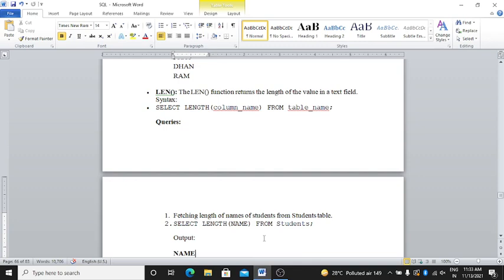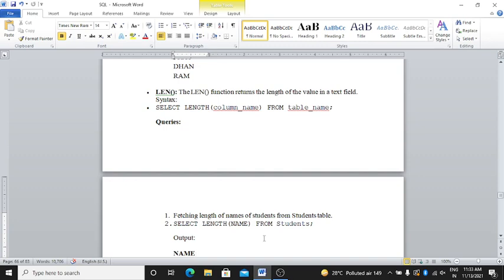The len function is fetching the length of the name. Here the len function returns the length of the value in the text field. Okay, we got the length here. For syntax, select length column name from table name, and the query is fetching the length of name of students from the student table. Select length name from table.